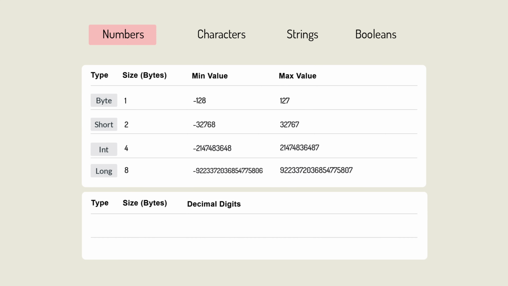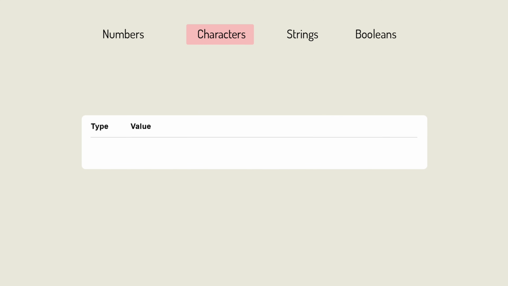In the second group of numerical data types, we have float and double to store decimal numbers. Float takes 4 bytes and double takes 8 bytes. Using float, we can store numbers with maximum 7 decimal digits, and using double, we can store numbers with maximum 15 decimal digits. After the number data types, we have the char for storing a single character like A, B,